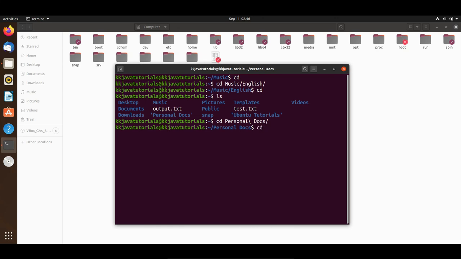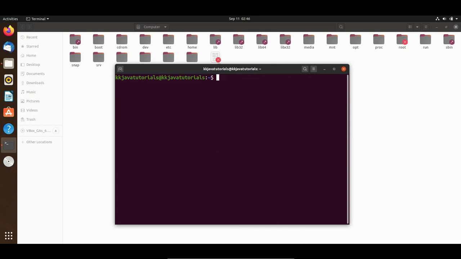Again I'm going to jump into my working home directory. Let's say if you try to do cd personal docs, something like that, then here you can see it says too many arguments, you will not be able to navigate into this directory. You have another option as well, right?